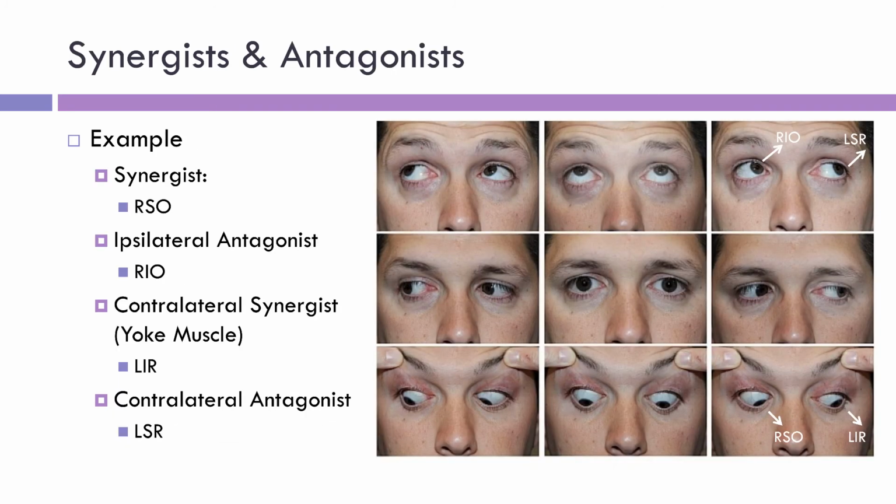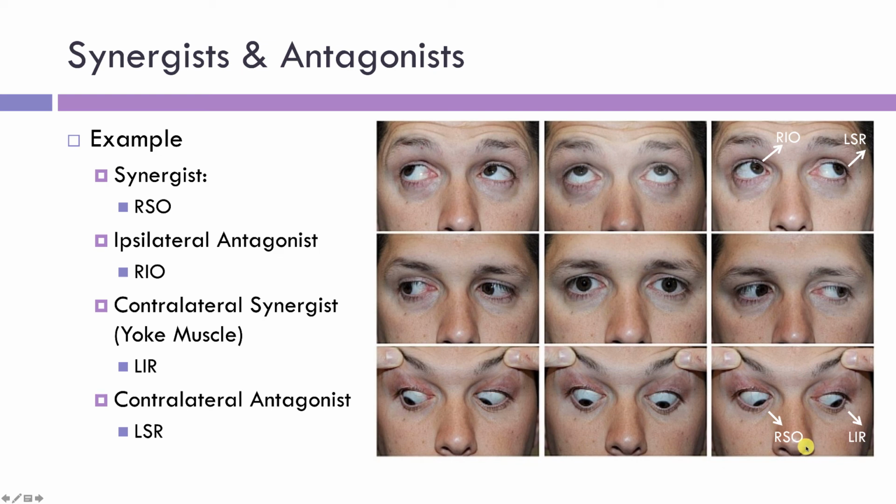Here we have the synergist, the right superior oblique. So this is the right superior oblique. Which muscle is the ipsilateral antagonist? Same eye, opposite action, it's the right inferior oblique. This is an elevator in left gaze and opposes the action of depression in left gaze. Which is the contralateral synergist? Well, we move over to the left eye. It's the left inferior rectus that also has the action of depression in left gaze or in levodepression. So these are the yoke muscles,